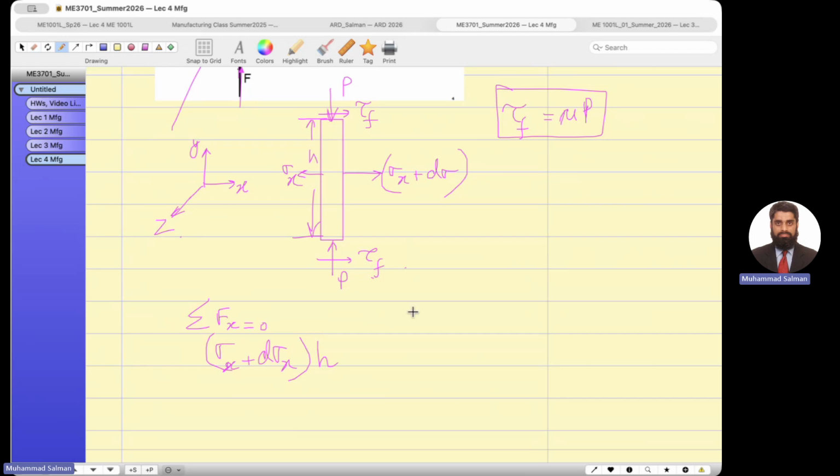We are considering per unit depth to make our analysis simple. You don't need to write down the whole depth, maybe 4 inch, 5 inch. Right now, we will just write it per unit depth. Agreed. So stress times the height